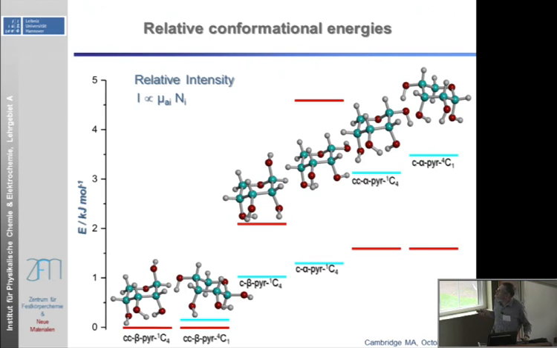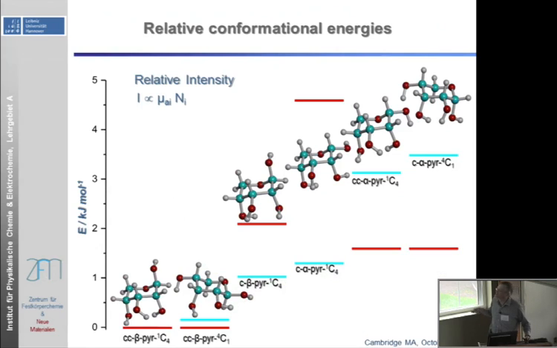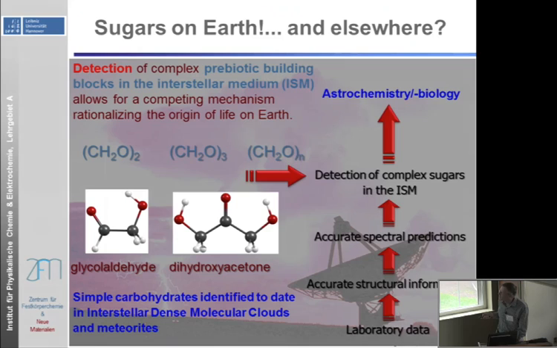From the relative intensities, we can also try to get relative energies and compare them to the relative energies calculated from ab initio calculations, which doesn't work that well here. It works well if you don't have relaxation, but we have considerable relaxation here in the jet, so that's why the match is not that good. But at least those conformations that have been calculated as the lower energy ones are also the ones we found in the jet.